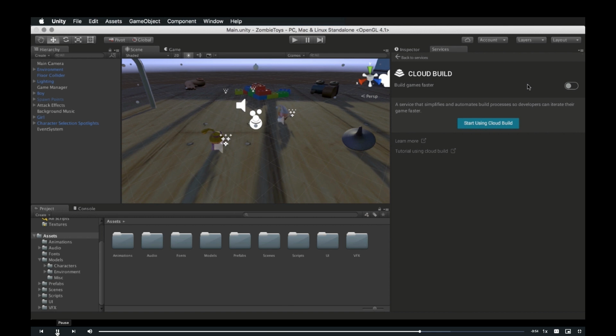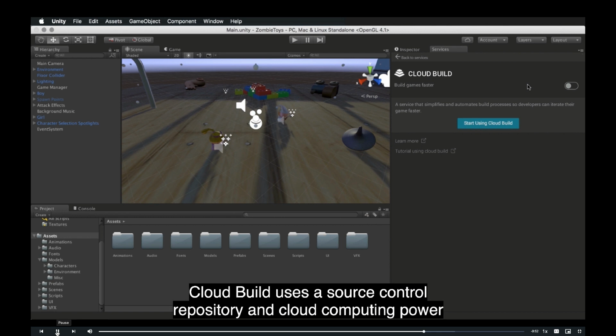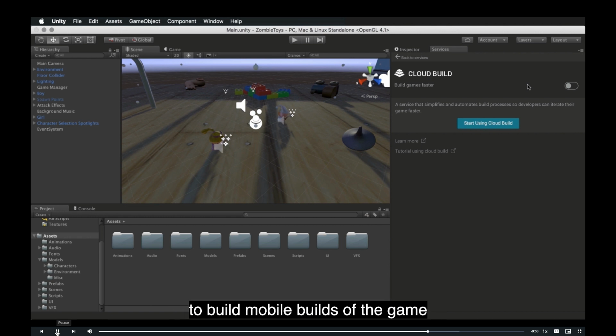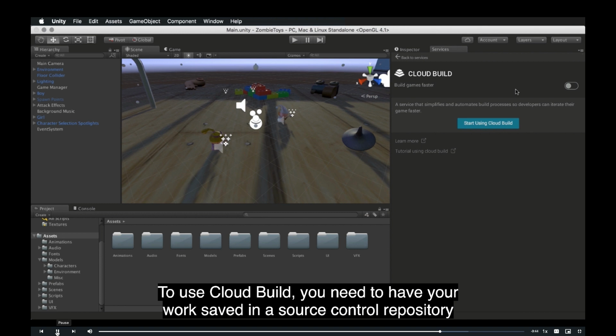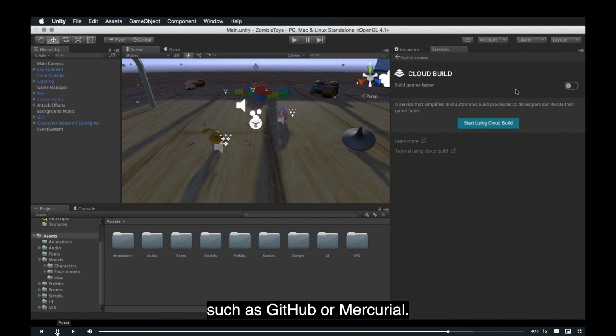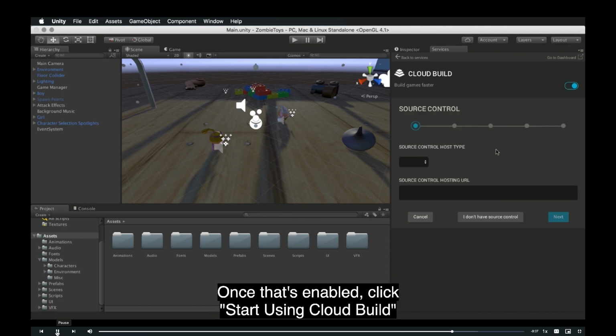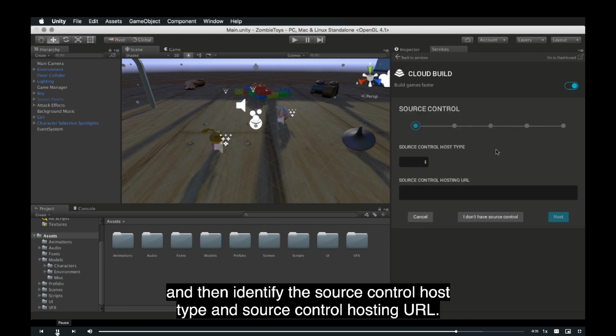Cloud Build uses a source control repository and cloud computing power to build mobile builds of the game without tying down a dedicated machine at a studio. To use Cloud Build, you need to have your work saved in a source control repository such as GitHub or Mercurial. Once that's enabled, click Start using Cloud Build, and then identify the source control host type and source control